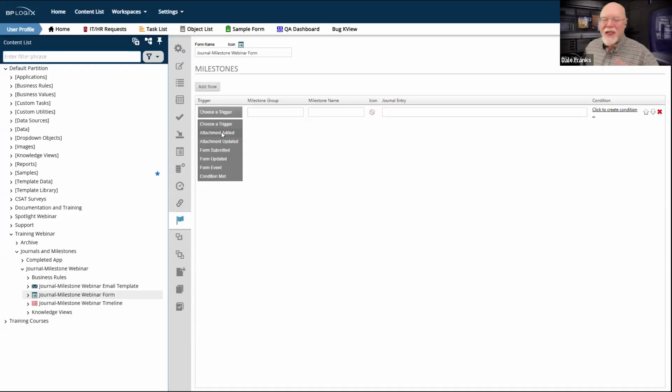So when that attachment is added, we might want to create a milestone that shows up for everybody that says the purchase order has been generated. That's an important milestone in the process. Everybody else can just upload attachments willy-nilly, and we don't care.